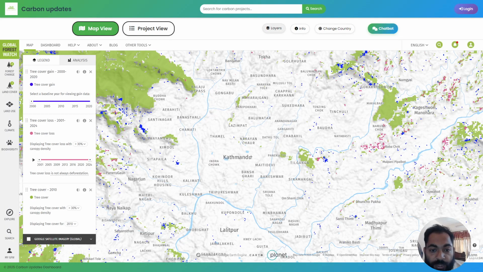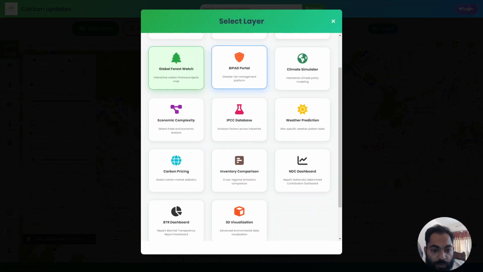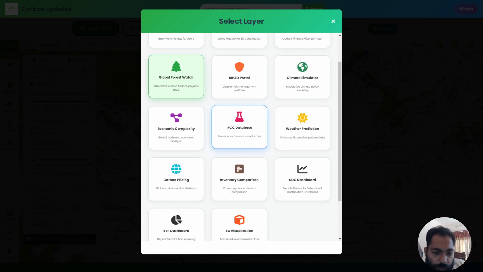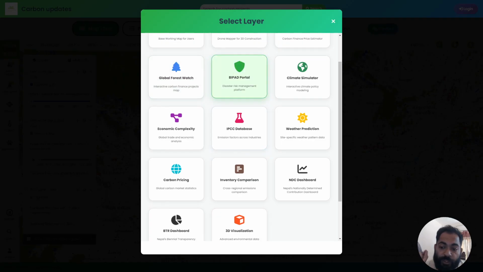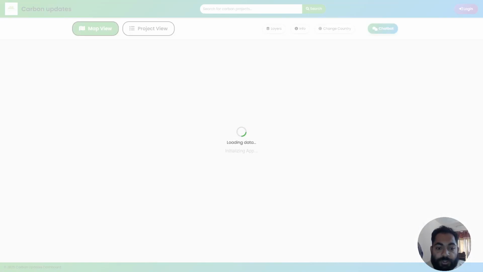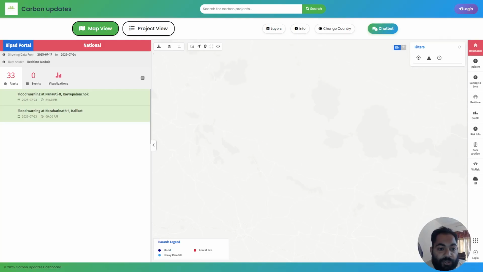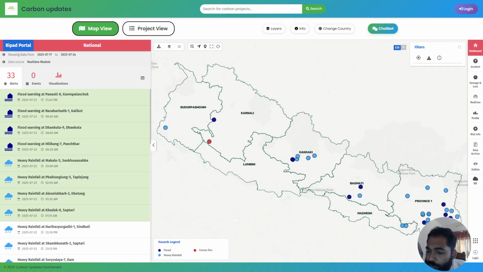So whenever you click in Nepal, there are more options available. I've talked about this in an earlier tutorial, which you can catch with the card popping over there. Since we're talking about carbon prices, we're also going to talk about economic losses, right? So Nepal has a portal that gives you an indication, it's called the Bipat portal, a highly important resource